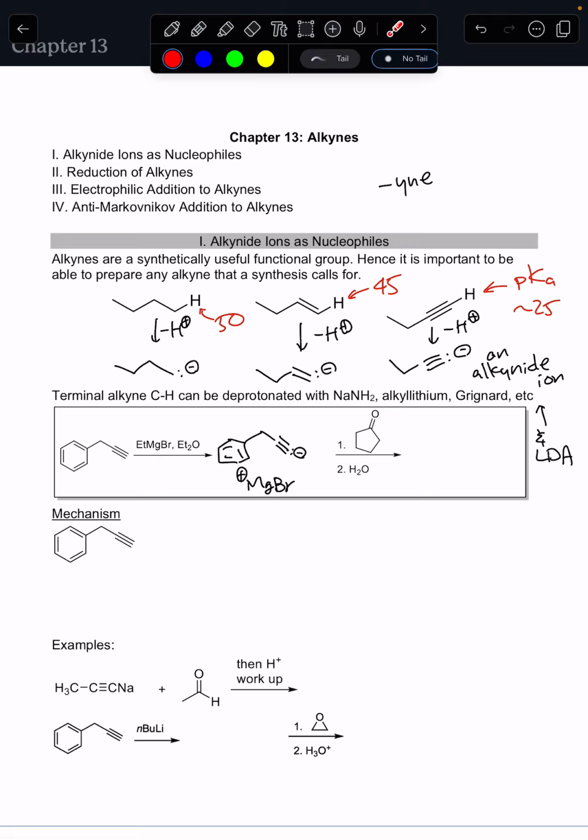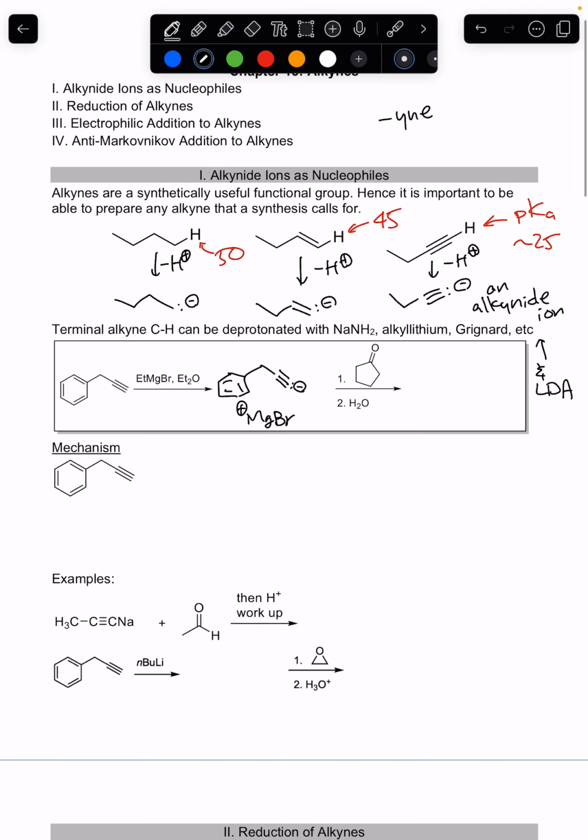Now remember from chapter 6, I think, the alkynide ion is an excellent nucleophile. It's kind of skinny, narrow, and nucleophilic, and so this can add to a carbonyl. So just to maybe show you the mechanism,